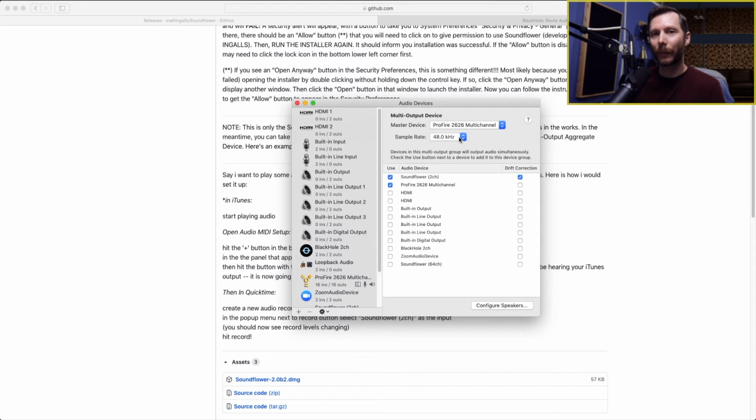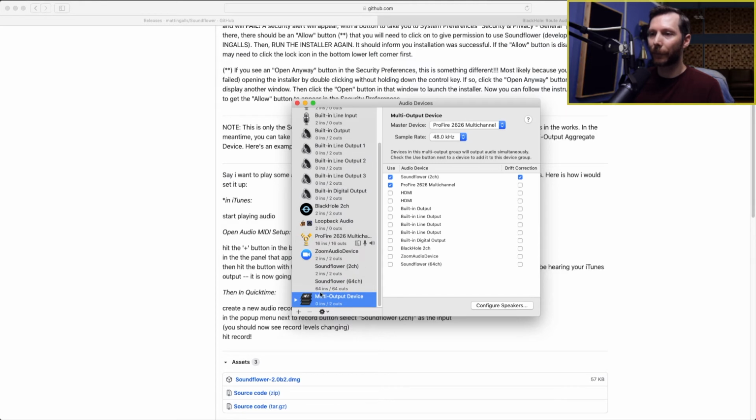And for sample rate, you want this set to whatever your audio interface is set to. And generally, when you're working with video and live streaming, you're going to have this set to 48 kilohertz. So I'm going to scroll down here. And I'm going to rename this multi-output device just so I'm clear on exactly what it is. So all we got to do is click here. And I'm going to rename it